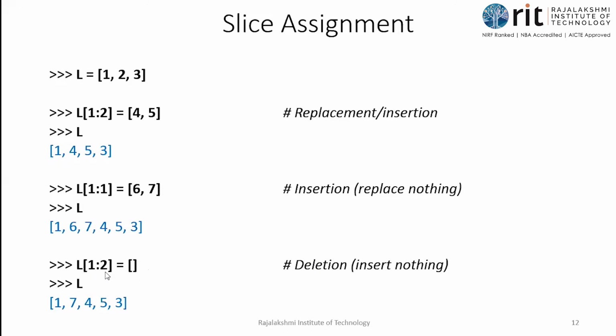1:2. What is 1:2? The starting index location is 1 and the stopping index location is 2 minus 1. It is 2 minus 1, isn't it? So I'm going to start at 1 and stop at 1. Starting at 1 and stopping at 1 means I'm still at 1 only. So the focus here is on index location 1, so L of 1. L of 1 is equal to space. That is the meaning.